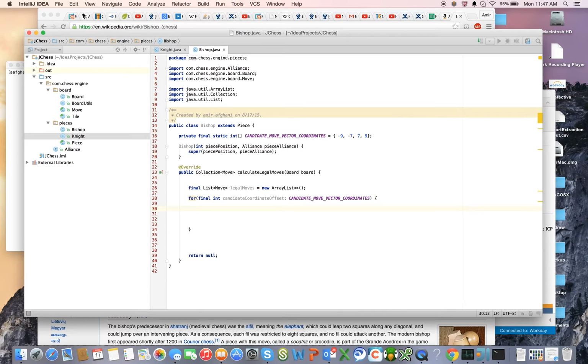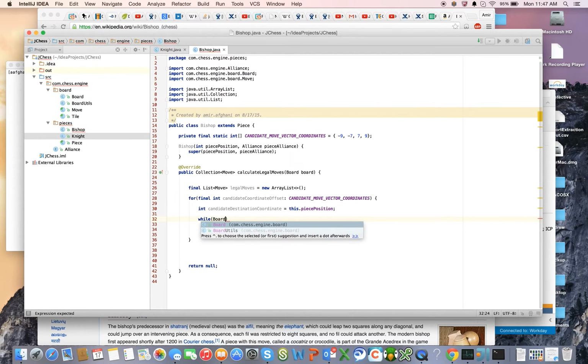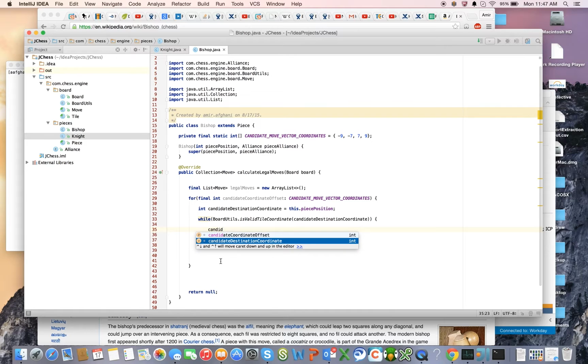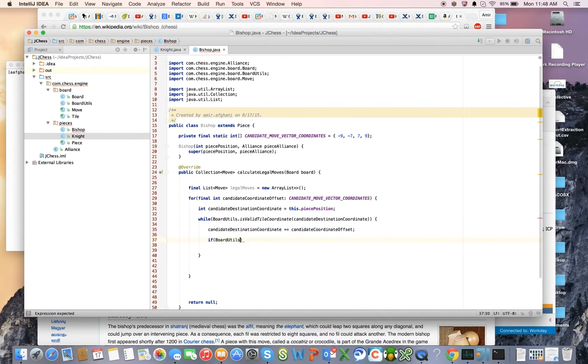And what we'll do is declare an int that takes on the value of the current piece position, and we're going to say while that's a valid tile. I'm going to explain this in a second. Candidate destination coordinate plus equals current candidate destination offset. Apply the offset, and if that's a valid tile,